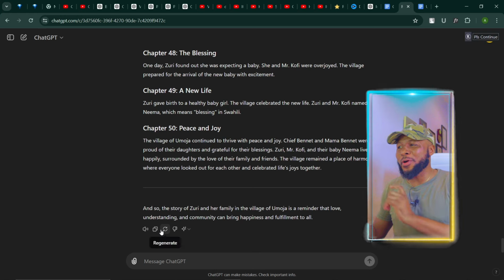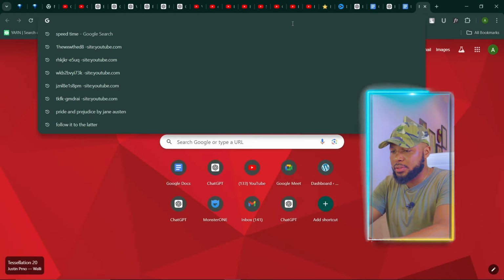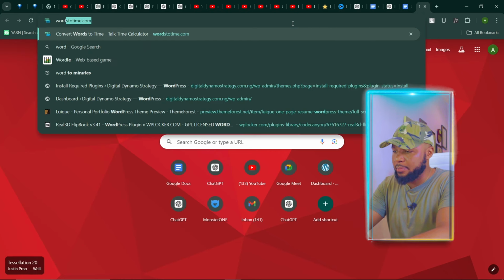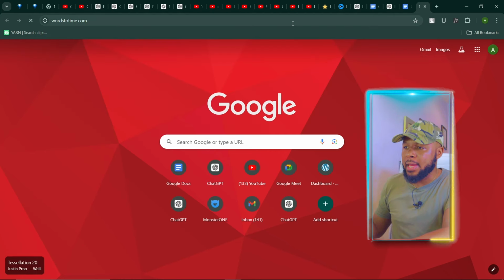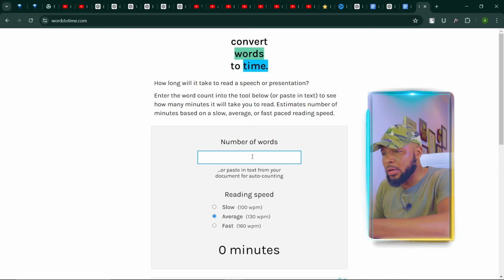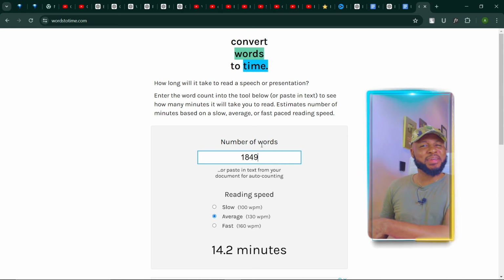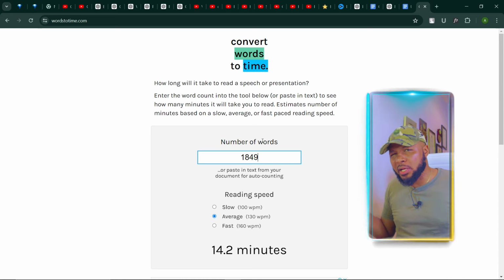So now that we have copied it, we are going to open another browser and visit wordstotime.com, and we have it here. So we're going to paste in exactly what we copied from ChatGPT. We're going to paste it here, and you can see it gave us 14 minutes, 2 seconds. This is amazing. This is average for a video, but if you want to up it a little bit, what you can do is